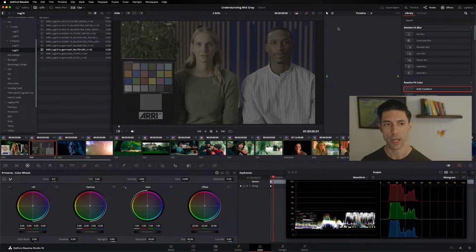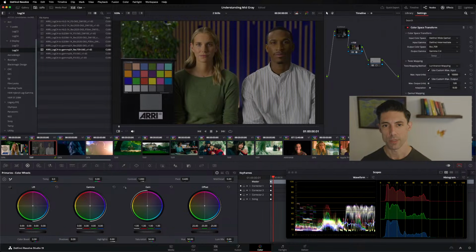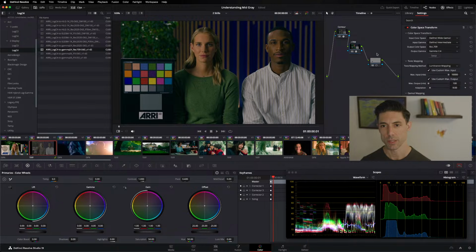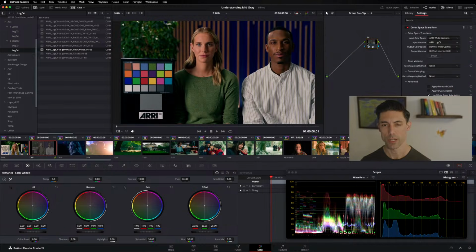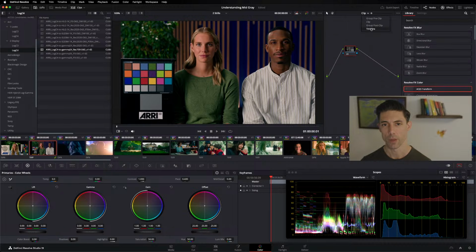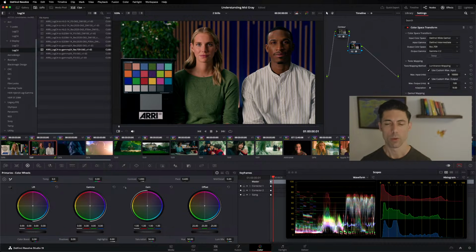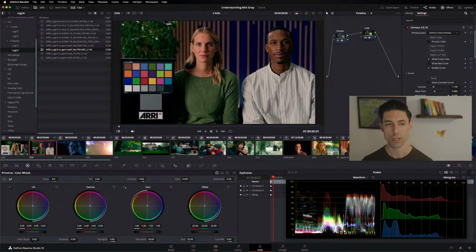Let's go back a few steps here and get my Contour look back in place. We'll go back to our CST that we had here and turn our input transform back on. So we've got our full color management pipeline built back out now. And what I want to look at now is what happens to mid-gray when I just look at it through my look. Because in look design, as many of y'all have heard me talk about before,